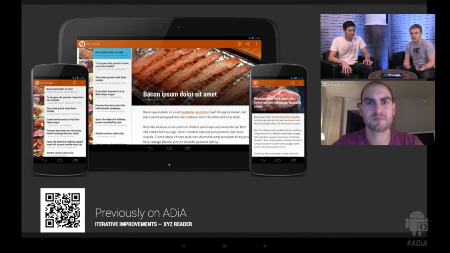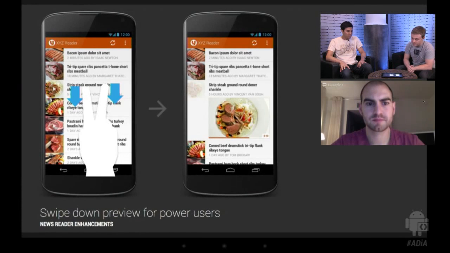So today I wanted to talk about different or alternative presentations of these things, as well as enhancements, further iterative improvements on this experience that can really make news reading a pleasure. So let's jump into some of those. The first is actually a power user feature. Probably should have saved this for last, but